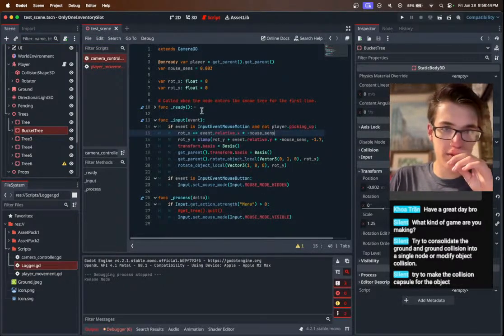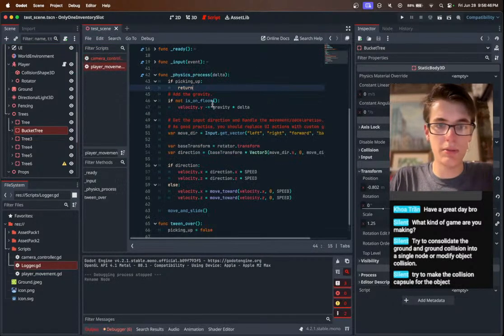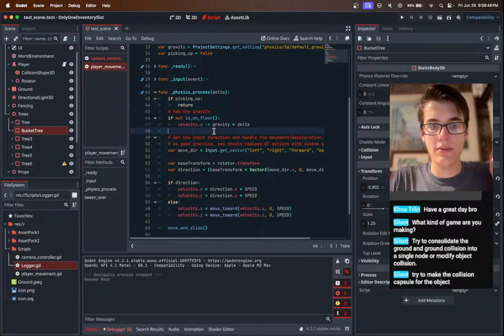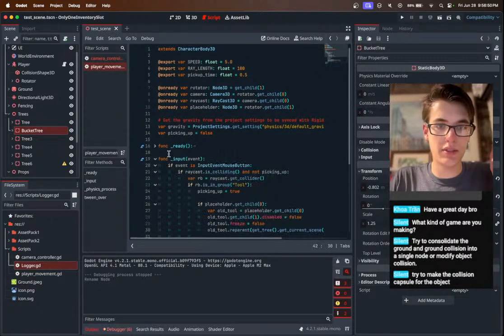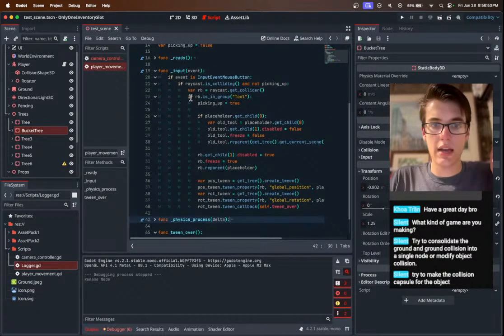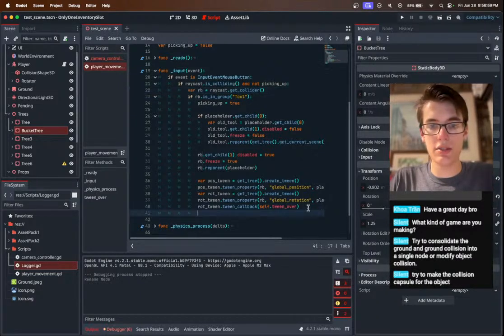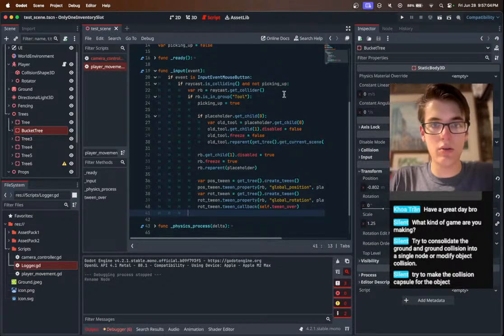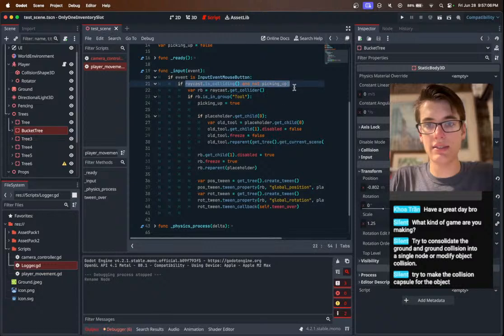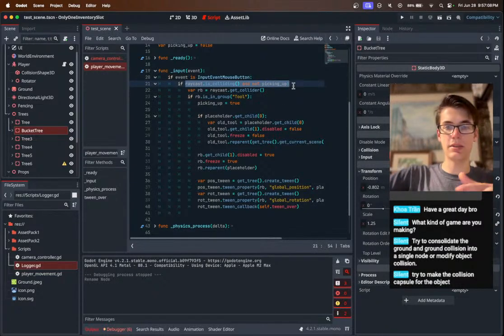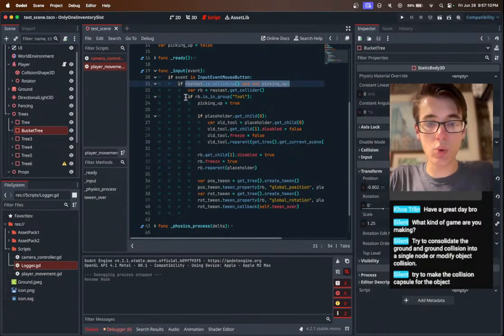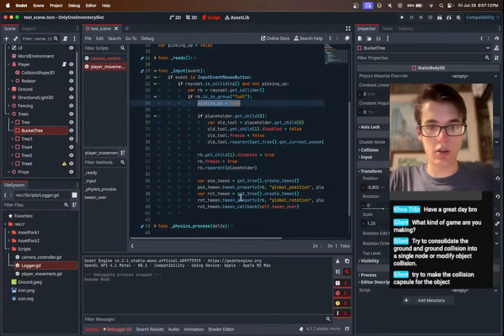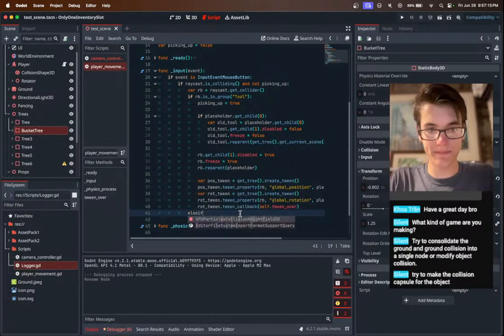And in our script, our player movement script, I guess we should probably rename it from player movement at some point, but okay. We have a rigid body, which could also be a static body, so it's not a great name. But anytime we have the raycast and it hits something and we're not already in the process of picking something up, if it's a tool, then we do this code. Otherwise,